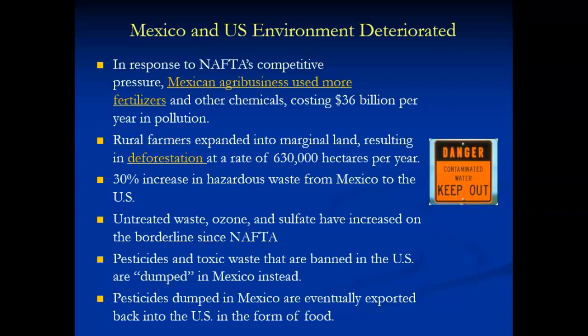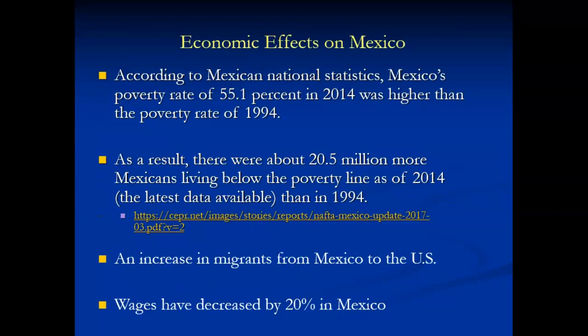And when we use the word dump, what it means is that it's manufactured in the U.S. by companies and then exported to Mexico, then used on crops in Mexico since it's banned in the U.S., and then that comes back to the U.S., and then we consume those things. One of the other reasons that you see the increase in the consumer use of organic fruits and vegetables is because they know better and just choose to use something different. I know we do in my house. We buy organic when we can.